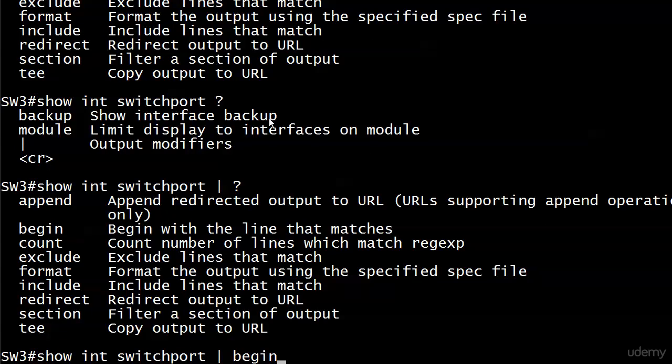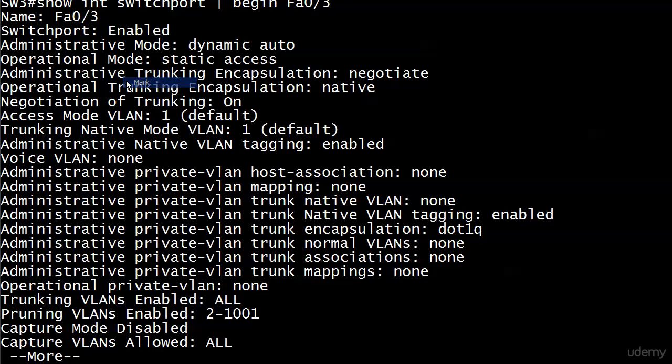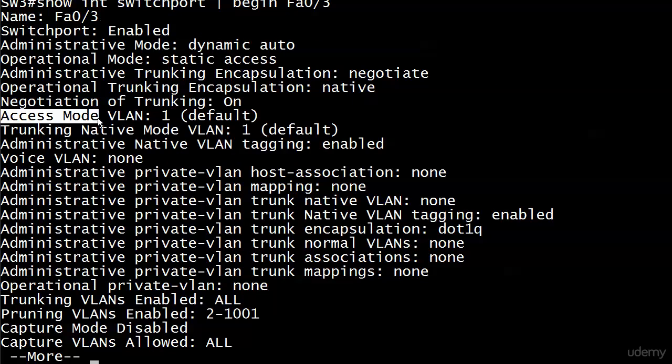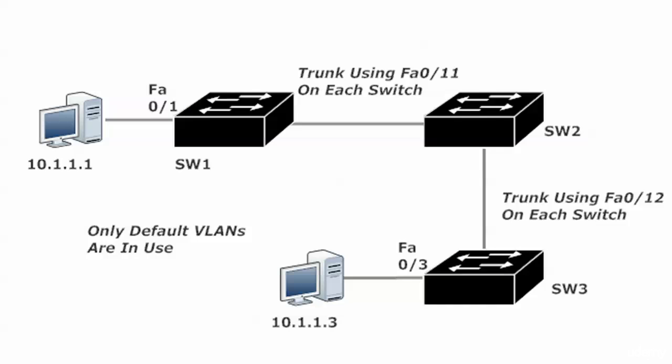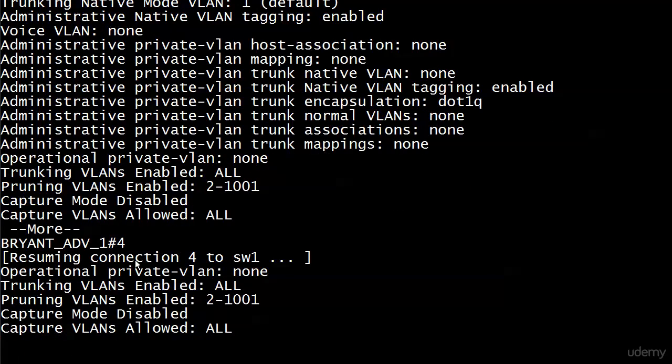So I'm going to say begin, and I know it begins with FA03, and there's my information for port 3. And we're looking good there, and again access mode VLAN 1 is the default. So with these 2 ports in VLAN 1, let's go over to host 1,